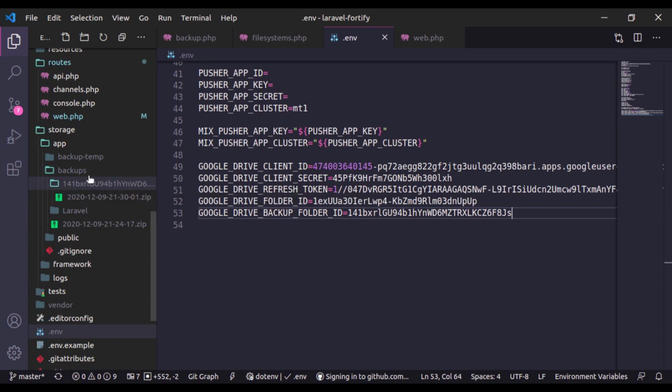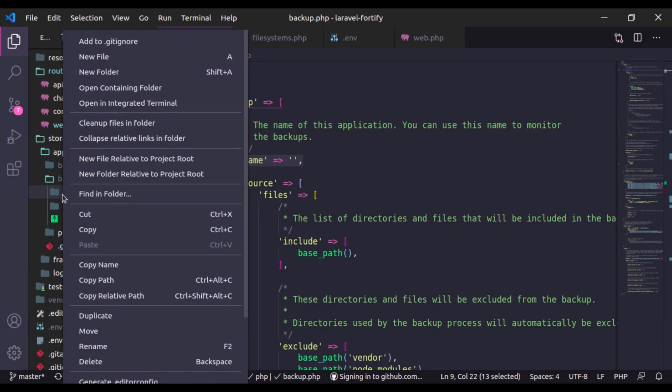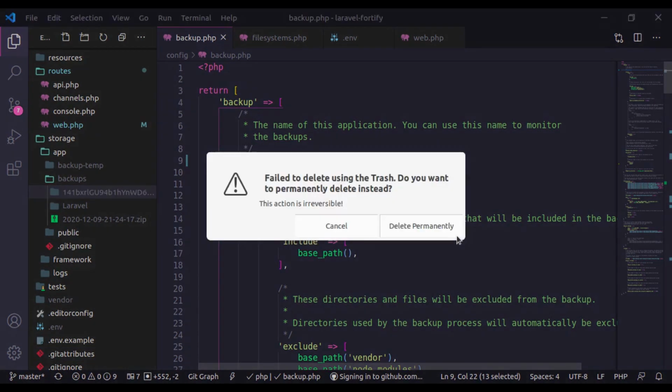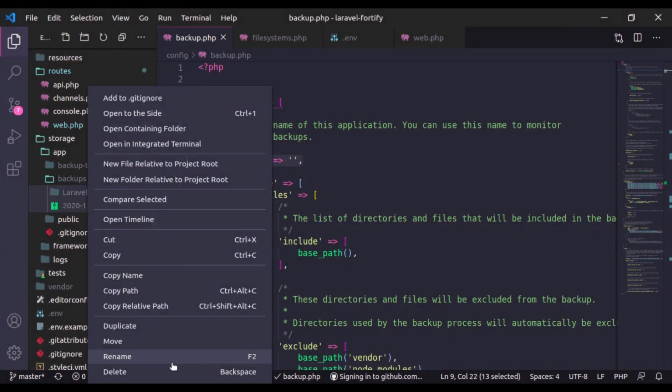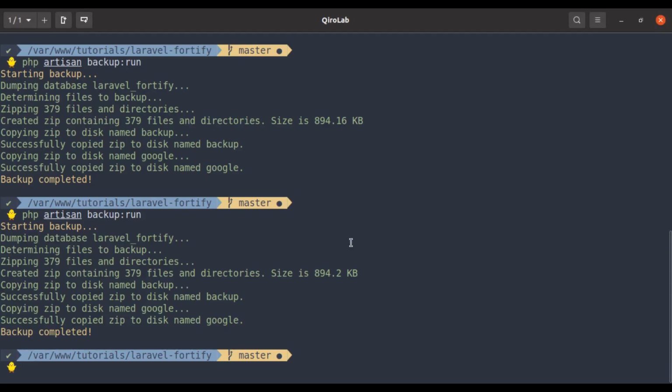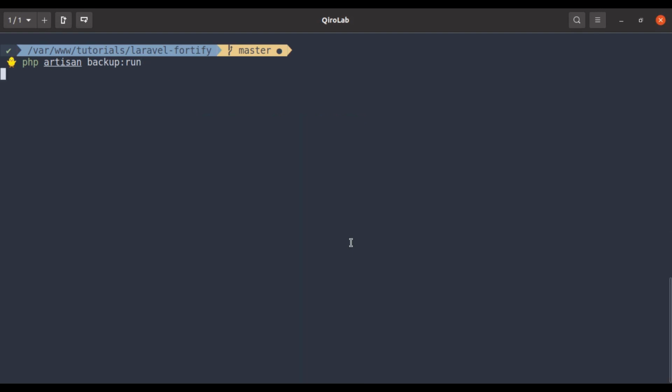So let's test this. First let's remove these files, and let's run the PHP Artisan backup run again.